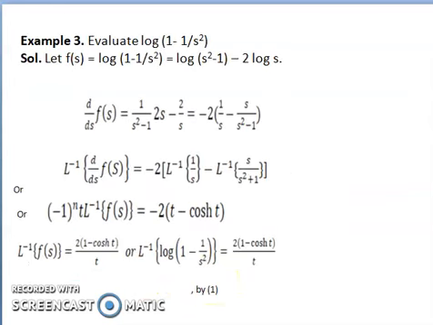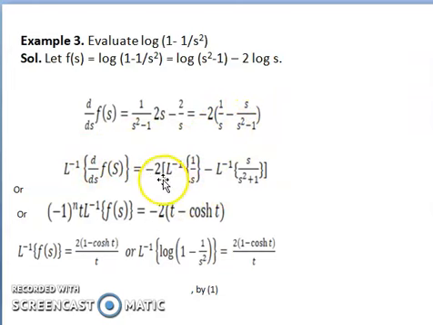Now take another example, evaluate L inverse of log of 1 minus 1 by s squared. So suppose F(s) equals log of 1 minus 1 by s squared, it becomes log of s squared minus 1 minus 2 log s. After differentiating with respect to s, it becomes 2s divided by s squared minus 1 minus 2 by s. So minus 2 should be outside, 1 by s minus s by s squared minus 1. And after taking the inverse,